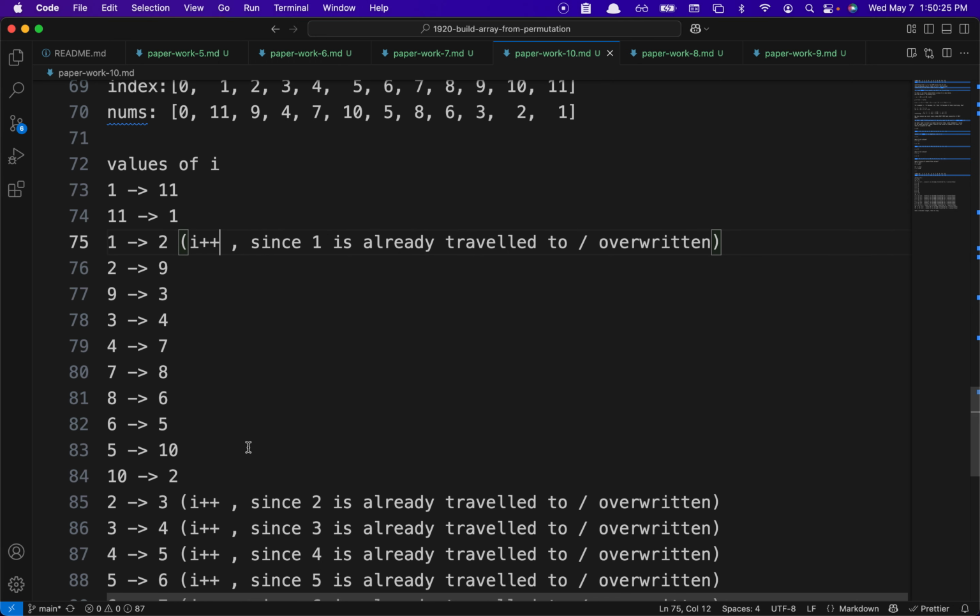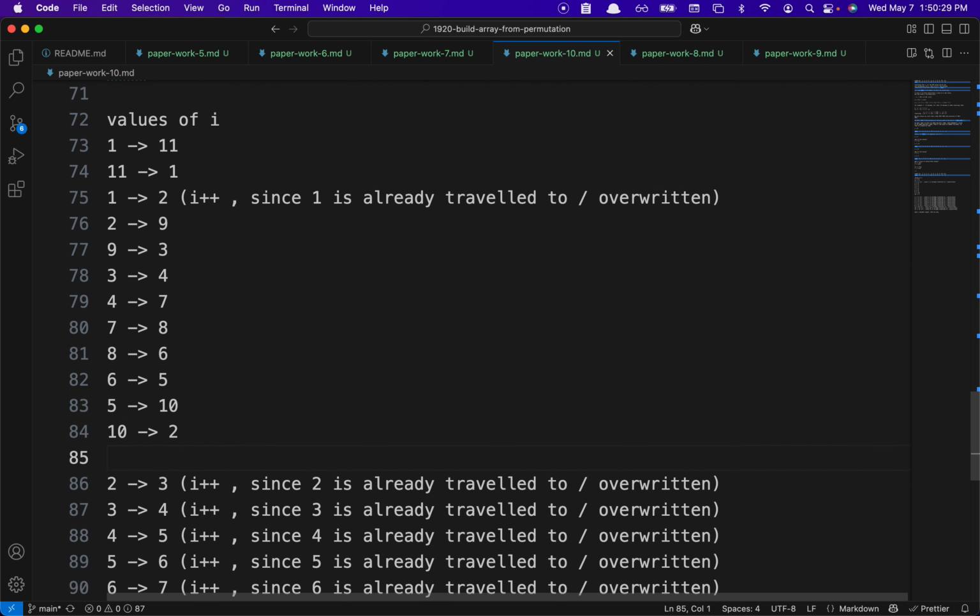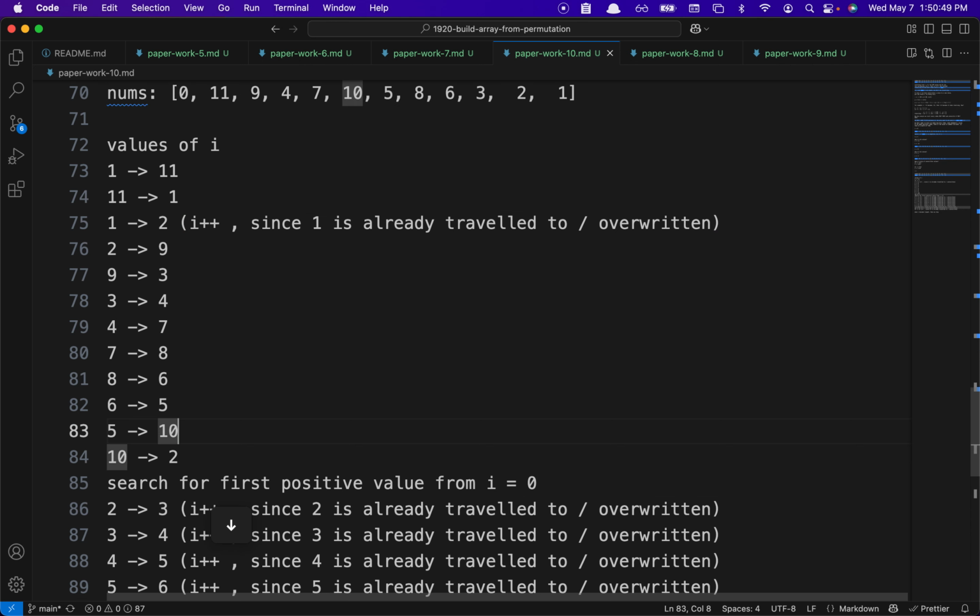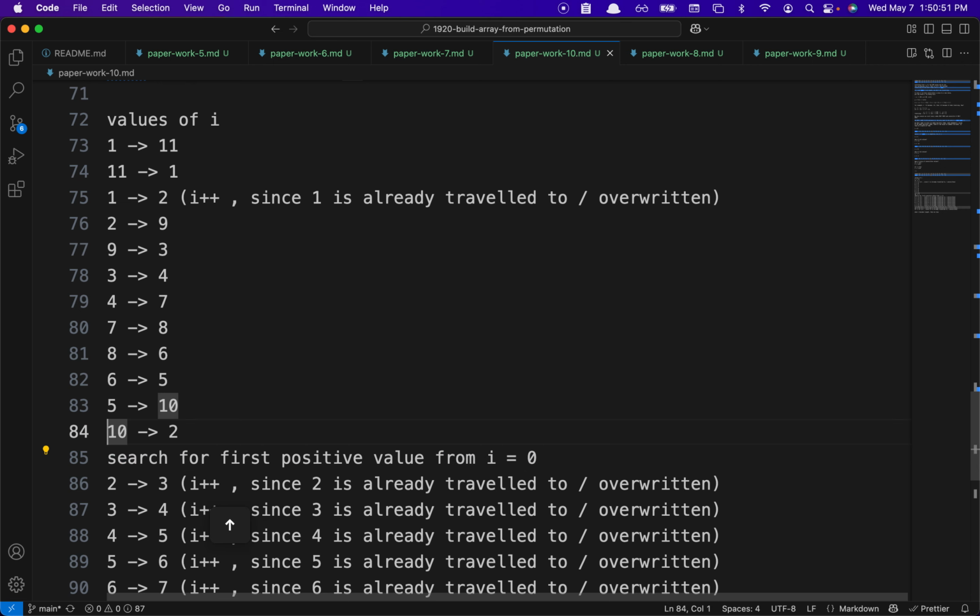So we can actually go to 0 and we can say start from 0, search for first positive value, right? From I equal to 0. Whenever this happens, right? And whenever we go back to the same place,